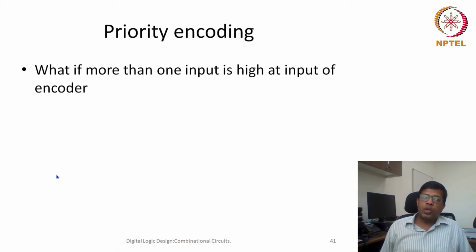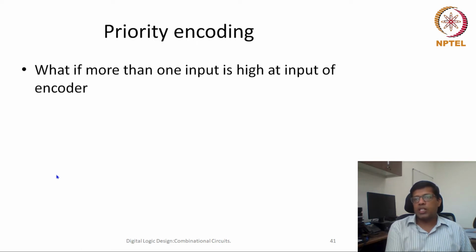So which one should you give more preference? Because the computer will work very fast, we are very, very slow. So whatever is slower could be given lower priority, and whatever is faster could be given higher priority. That could be one criterion. There could be other criteria also, that this particular event or this particular device is the most important one. It cannot miss, it cannot wait for even a single cycle. In that case, that priority would be the higher one or highest one.